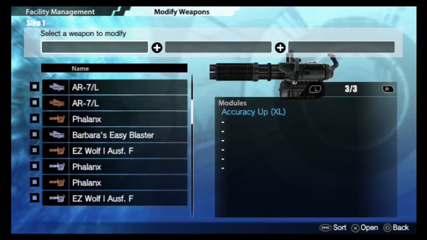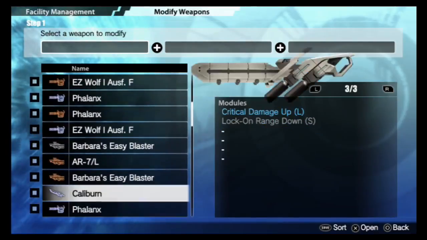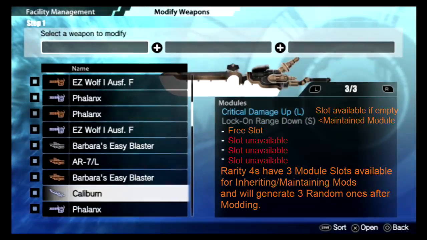Now I'm going to teach you about module caps. I'm going to pick this rarity 4 Caliburn as the first fodder weapon. Keep in mind that the most important fodder weapon is the first one,